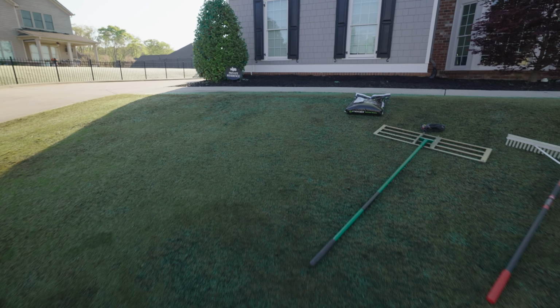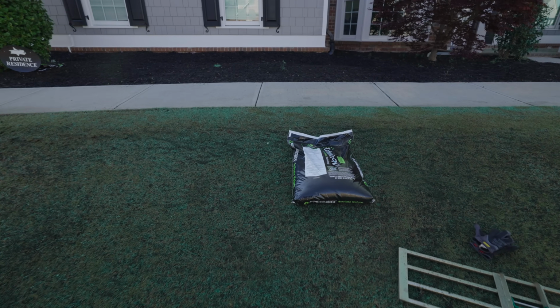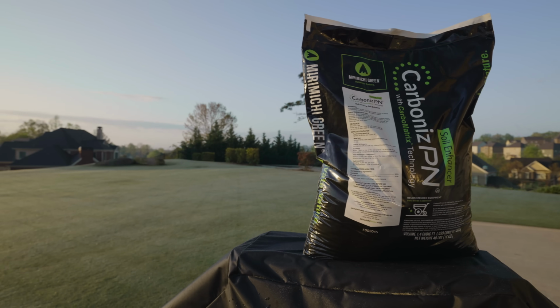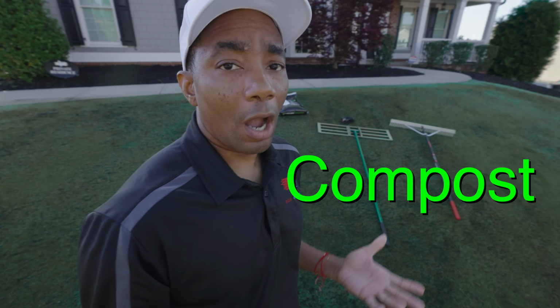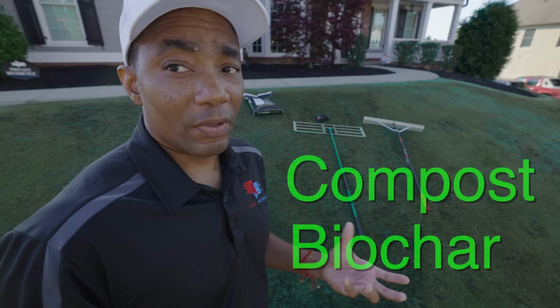Now, let's talk about the mixture I'm gonna be using. Because I figured if I'm gonna be putting organic material in, I wanted to go with the absolute best that I could get my hands on, I opted for CarbonizPN from Mirimichi Green. This is an extremely rich organic soil enhancer. It contains 50% compost and 50% biochar, which means that it's incredibly rich organic material that's going to both level the lawn